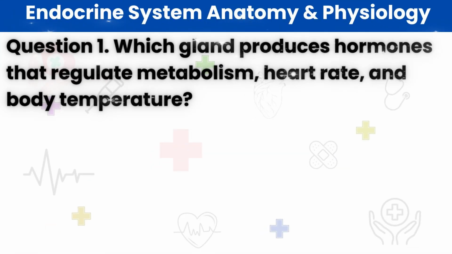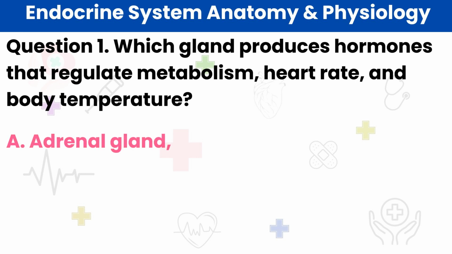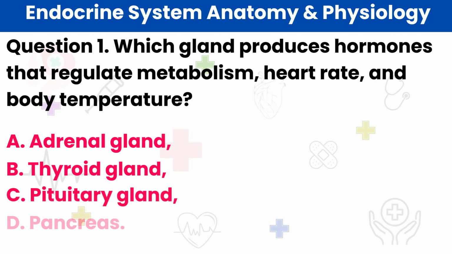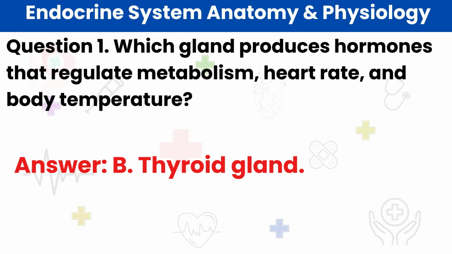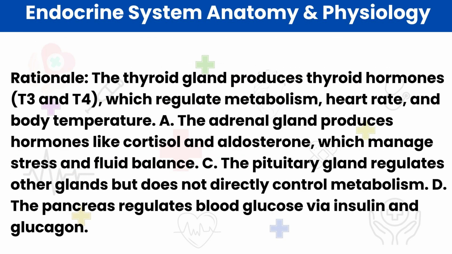1. Which gland produces hormones that regulate metabolism, heart rate, and body temperature? A. Adrenal gland. B. Thyroid gland. C. Pituitary gland. D. Pancreas. Answer B. Thyroid gland. Rationale: the thyroid gland produces thyroid hormones, T3 and T4, which regulate metabolism, heart rate, and